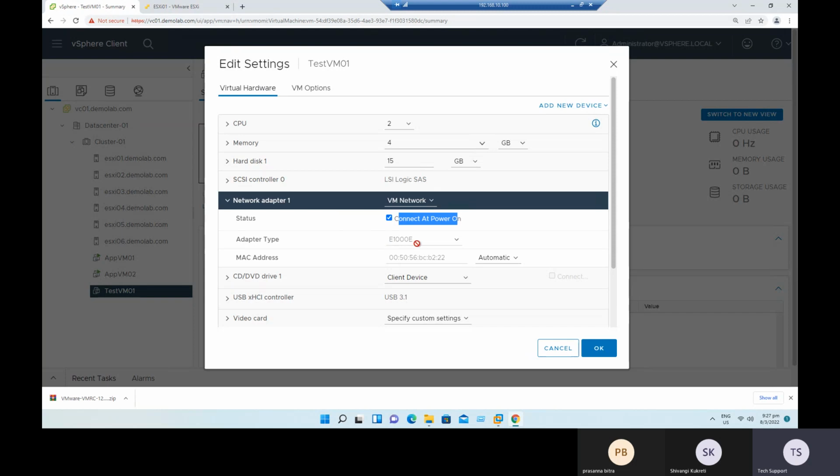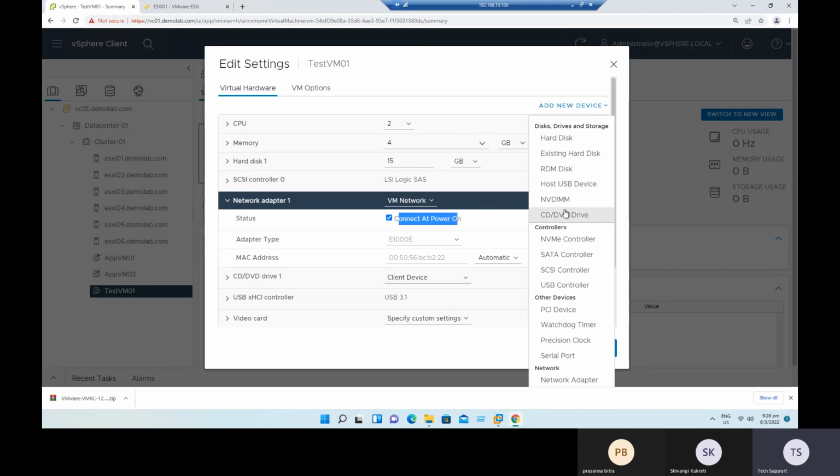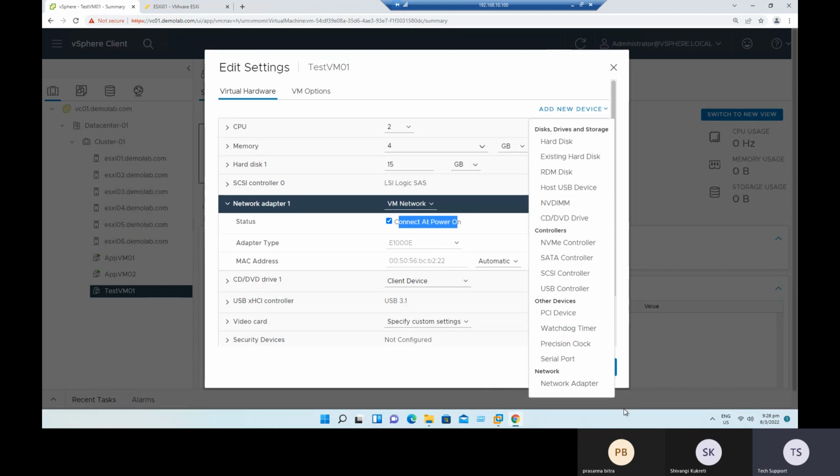E1000E means it's an E1000 enhanced version. If you want to observe the additional adapter types, you can just click on add new device and look for a network adapter. The last option is network adapter. So when I select the network adapter,